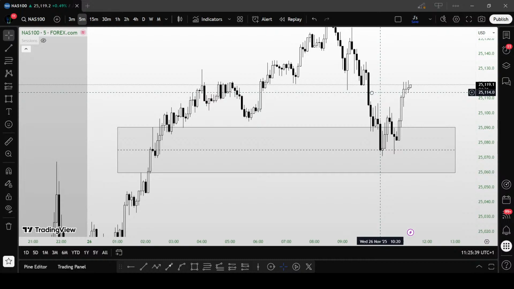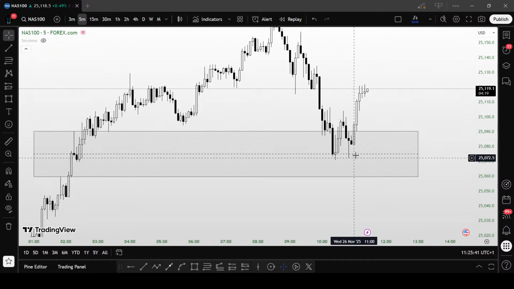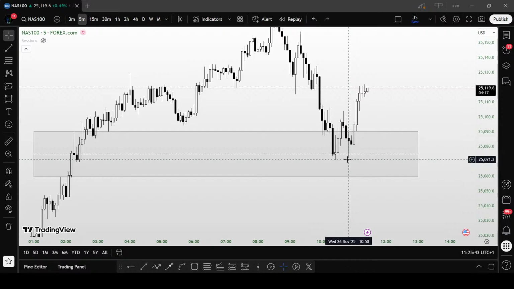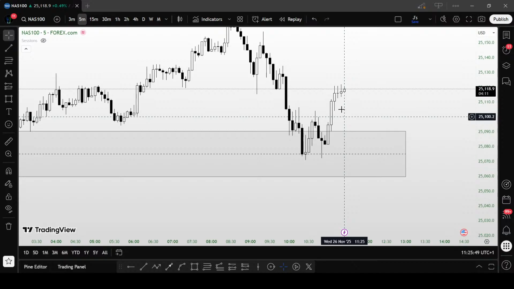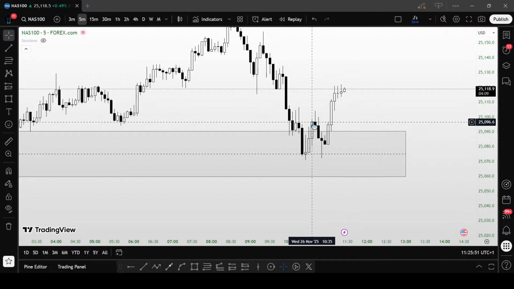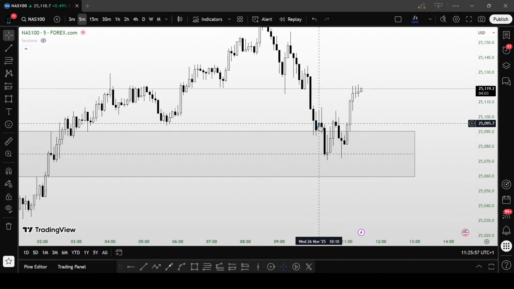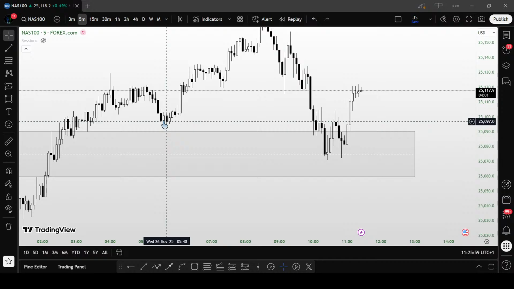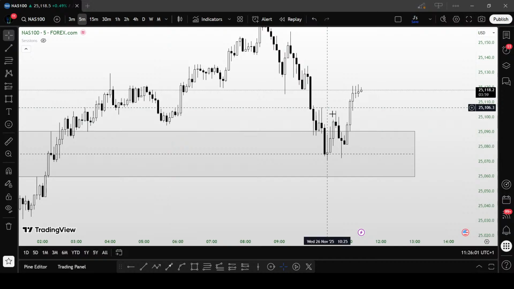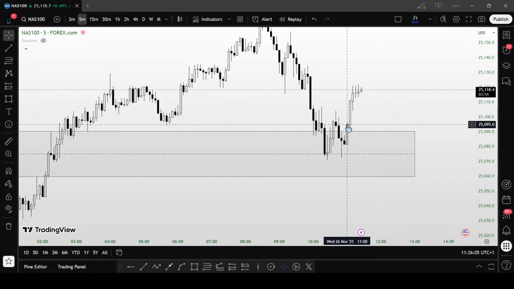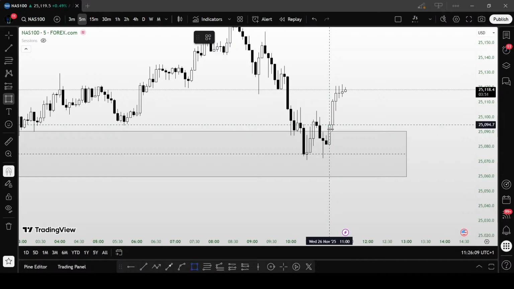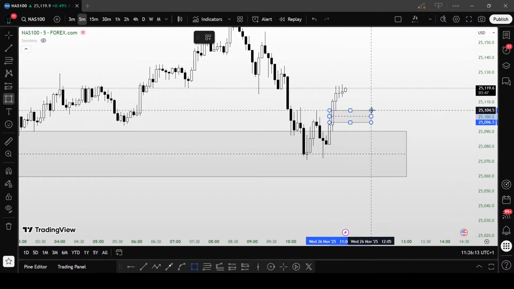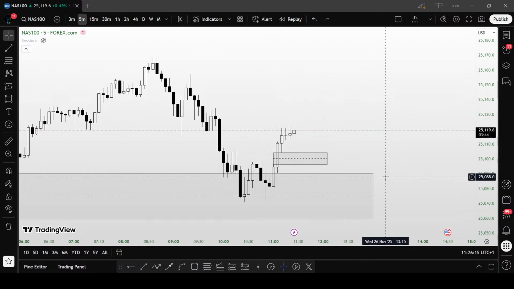Okay, so in the 5-minute time frame, we have a swing low, then we go up again, we come back down, a failure swing here. So now we made a little bit of a fair value gap here, with some possible support zone here. Okay, and I say that in regards to this low that I'm seeing here, which was the support. This is resistance, but if price comes back down to it, it's going to act as support. Okay, so a good idea here would be to actually use this fair value gap.